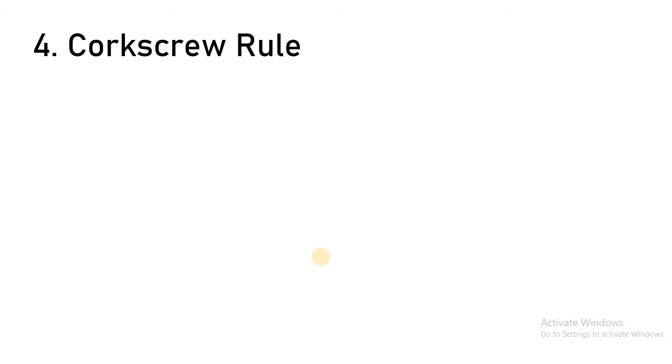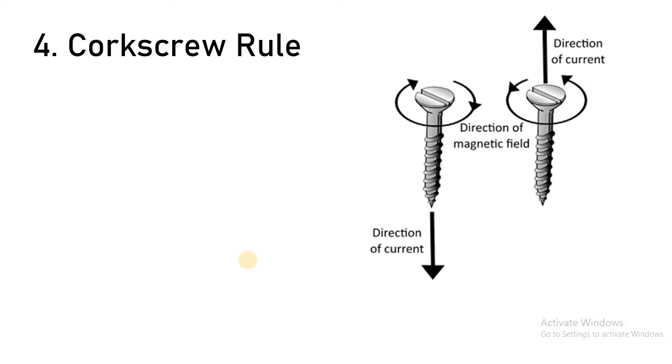Upward. And how will I move my screwdriver? Anti-clockwise direction. Clear? So when I want to remove the screw, I am taking my screw in upward direction and I am rotating my screwdriver in anti-clockwise direction. Okay, so now let's see.